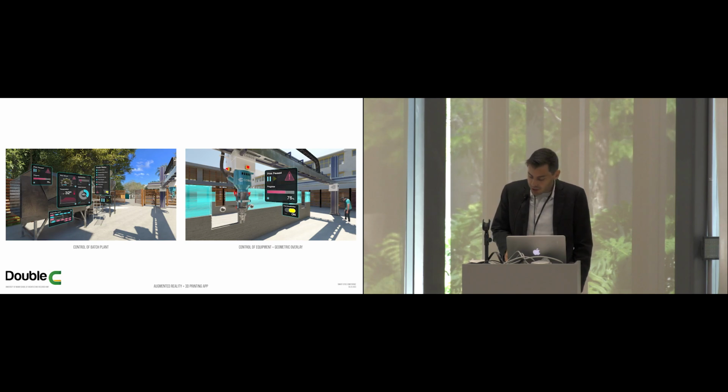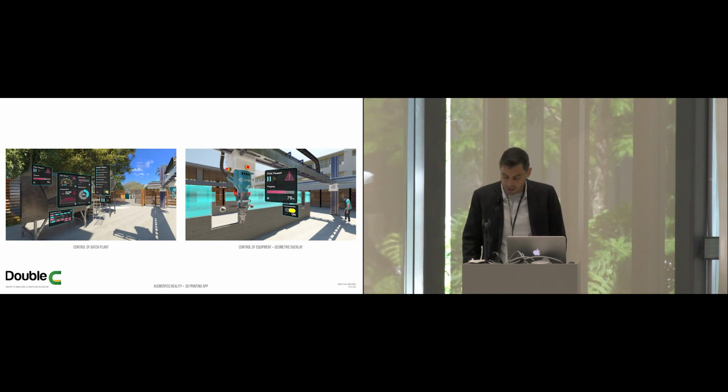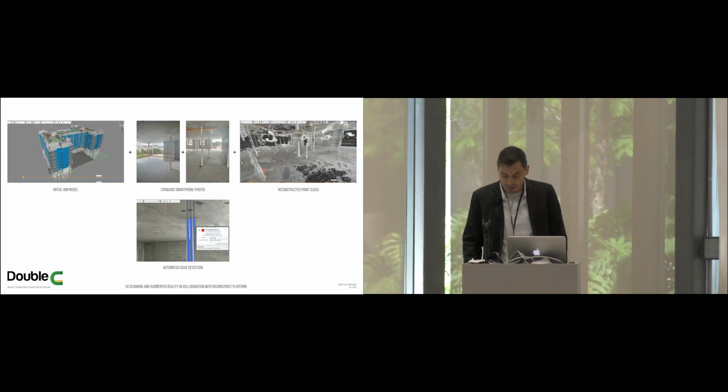The final project I'll touch on was a partnership with the University of Illinois and a platform called Reconstruct, and mostly a researcher named Juan Diego Nunez Morales. The project, which we will continue in the fall on a new CC project in Doral, aimed to move away from expensive LiDAR and laser scanning in favor of using something every construction worker already has on site, a cell phone. Here we uploaded a very detailed BIM model to the cloud, documented the site with iPhone photos and videos,